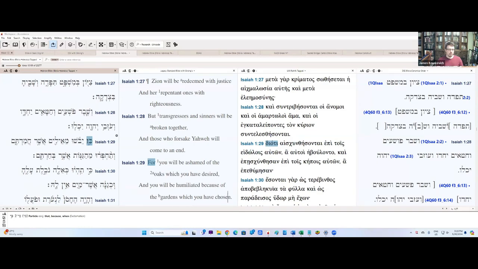So how should we be thinking of key here? In the previous episode, we talked about inferential constructions, where the word that is used to introduce an inferred cause, result, or interpretation. So we could look at this as the inferred interpretation. So what does it mean that these transgressors, those who abandon Yahweh, will come to an end? And what does it mean that these rebels and sinners will become this broken thing?